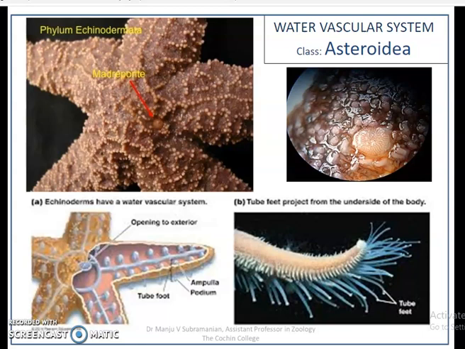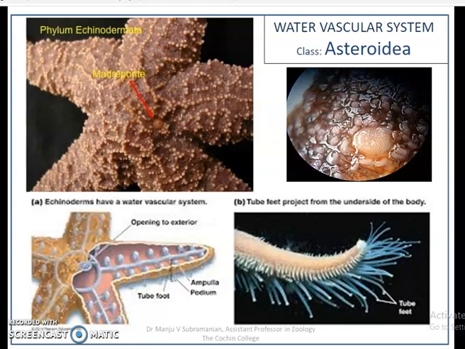This type of system is absent in any other animal group. It is a system of canals and associated structures filled with a watery fluid containing corpuscles. This entire system is formed from the hydrocoel, which is comprised of canals, and it has a lining of ciliated epithelium. The water vascular system comprises mainly 5 different parts: madreporite, stone canal, ring canal, radial canal,